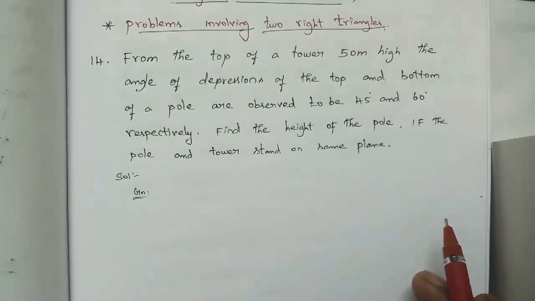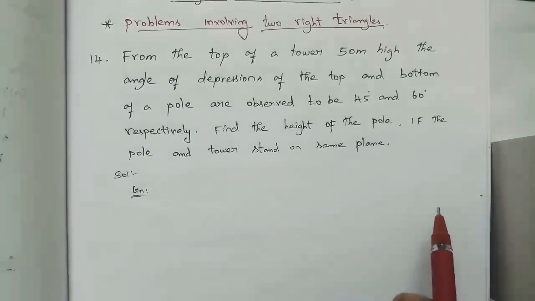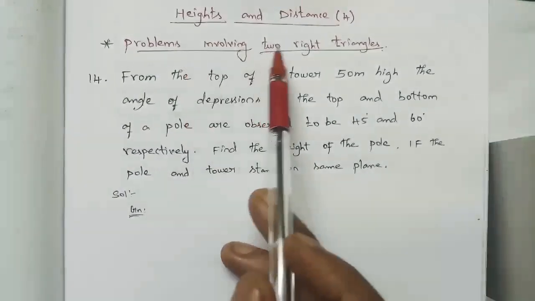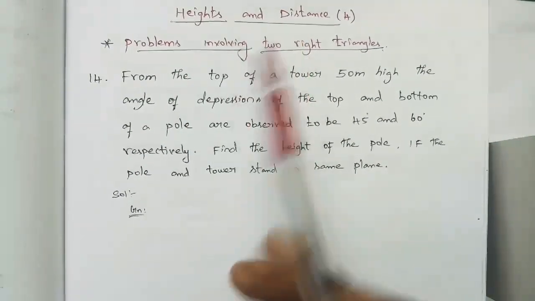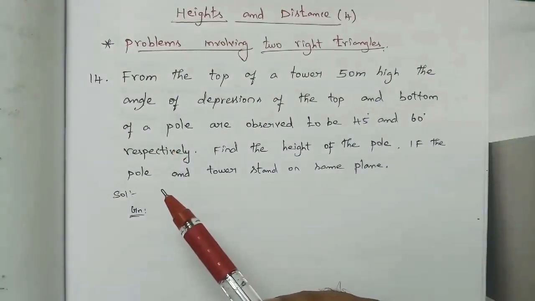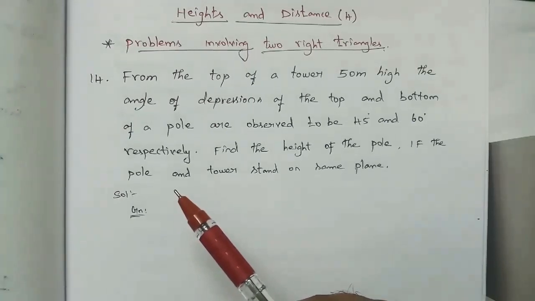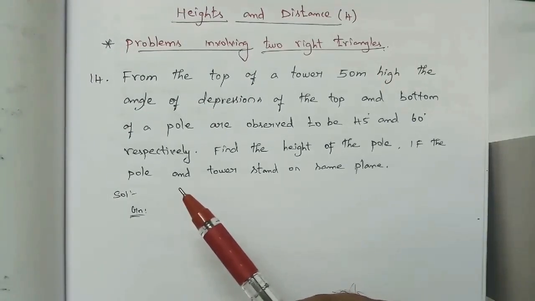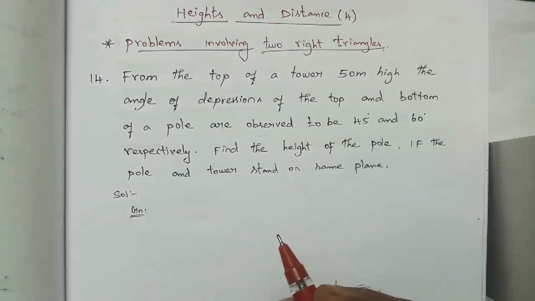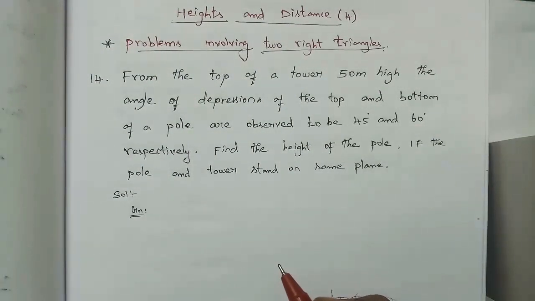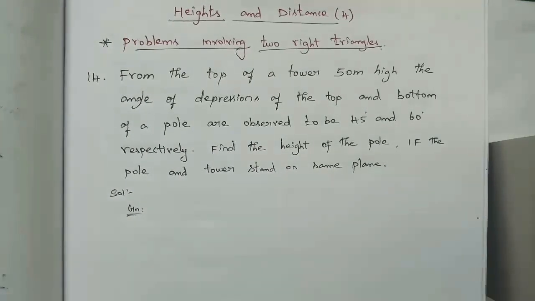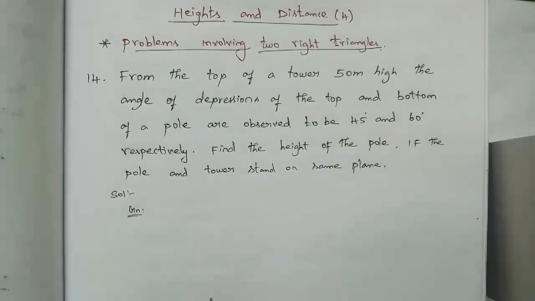x is nothing but our assumption. If I take the height as x and the distance as y, likewise we will assume. In a right angle triangle we will get two variables, and for two right angle triangles we will get two equations. With the help of the substitution method, we are going to find the value of x and y. This is the hint.